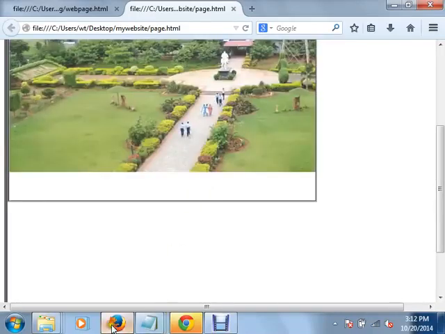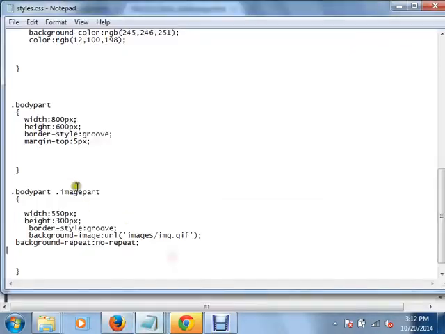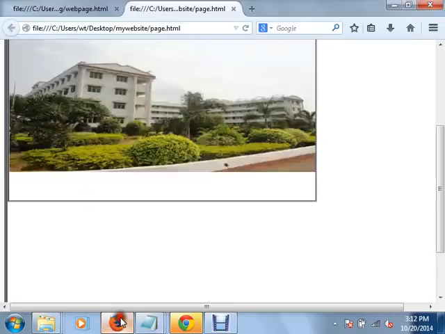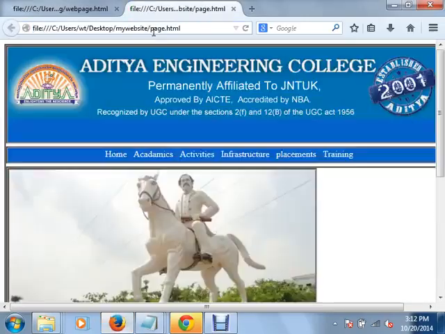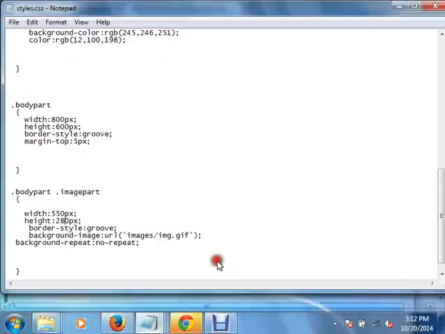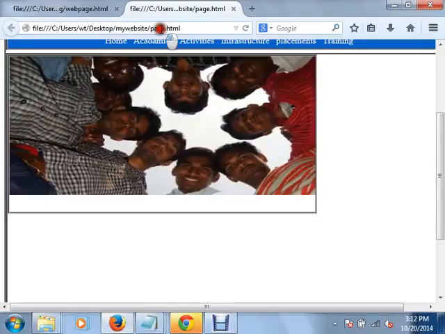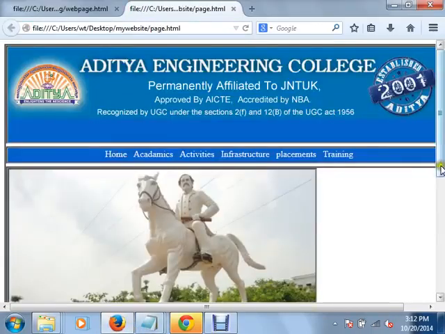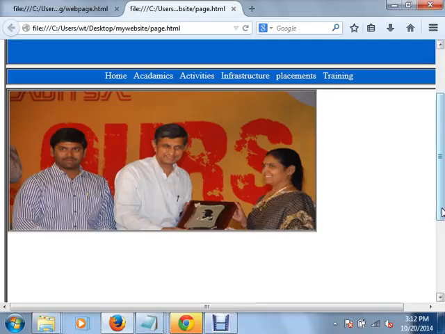So reduce this height. So just use some 280 pixels. Still more. Okay, this part is completed.